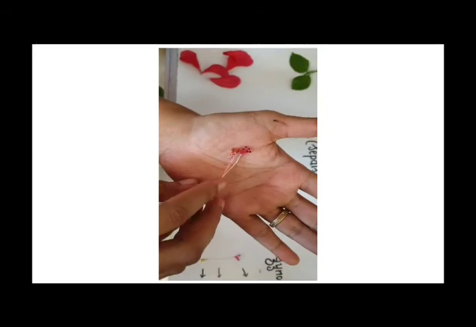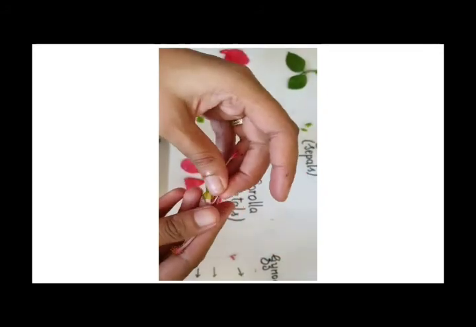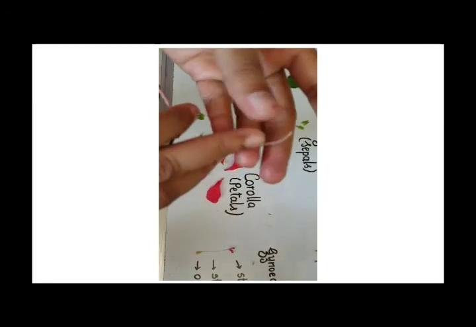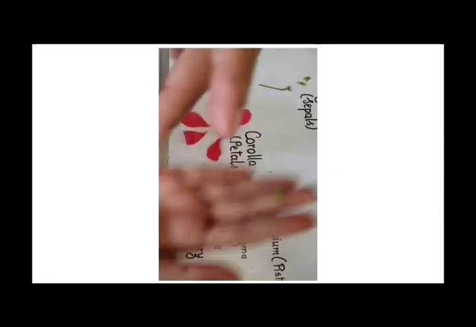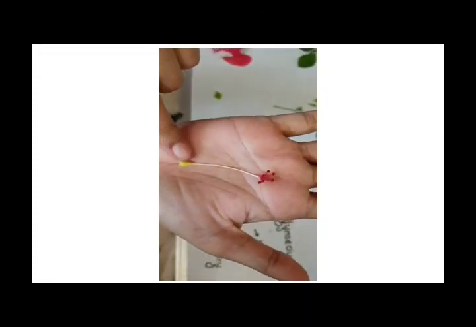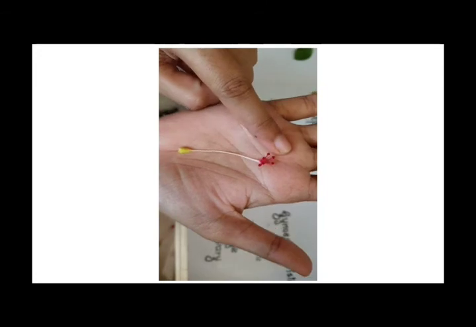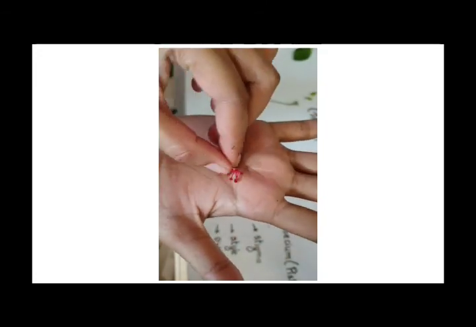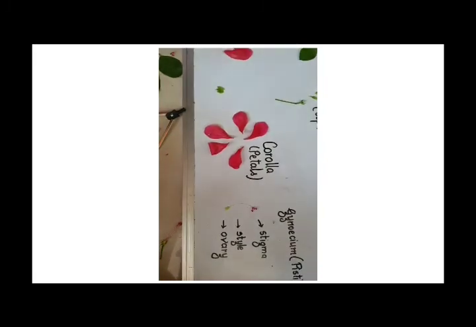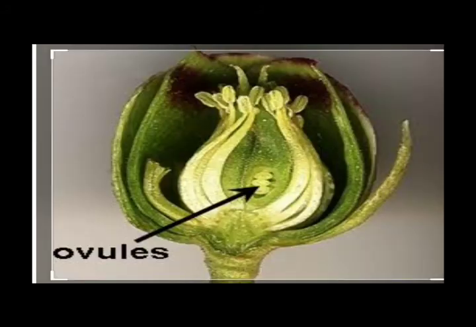Again children, you all can do it on your own if you have got a hibiscus flower. Also you can cut the ovary, the tiny ovary which is there. If you cut it, you will get to see an arrangement of ovules present inside it. Exactly in the ovary the fertilization takes place. So this is about a hibiscus flower.